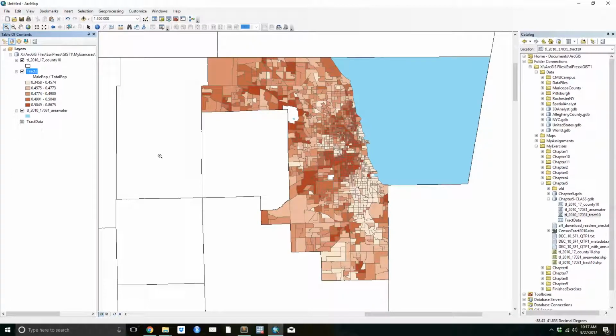We can quickly draw a map. So that, caught up. And you can,